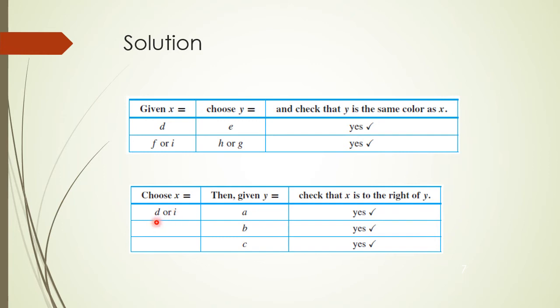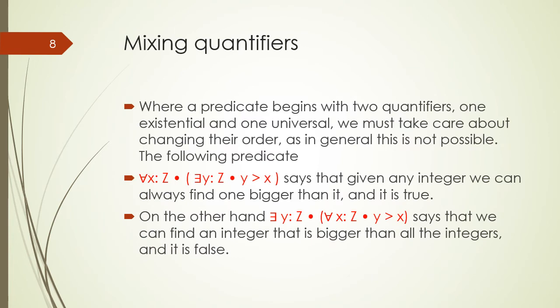Yes, D is also to the right of all the circles. Also, I is also to the right of all the circles. Therefore, the second multiple quantifier statement is also true. Students, the predicates beginning with two different quantifiers have different semantics. For example, if you change the order of quantifiers, their meaning as well as truth value may also be